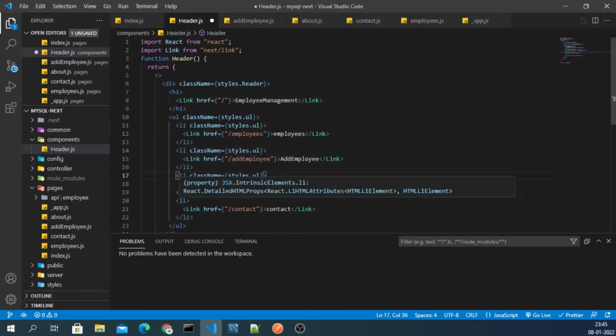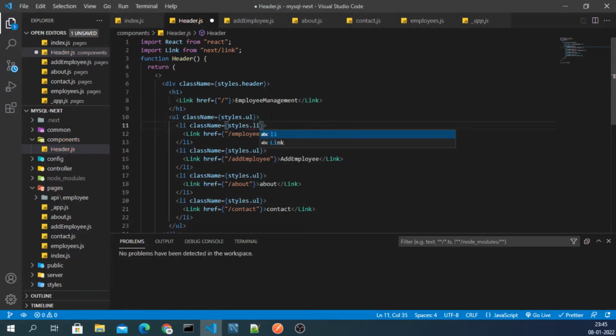Okay, and then we have this. We just need to change this ul to li.